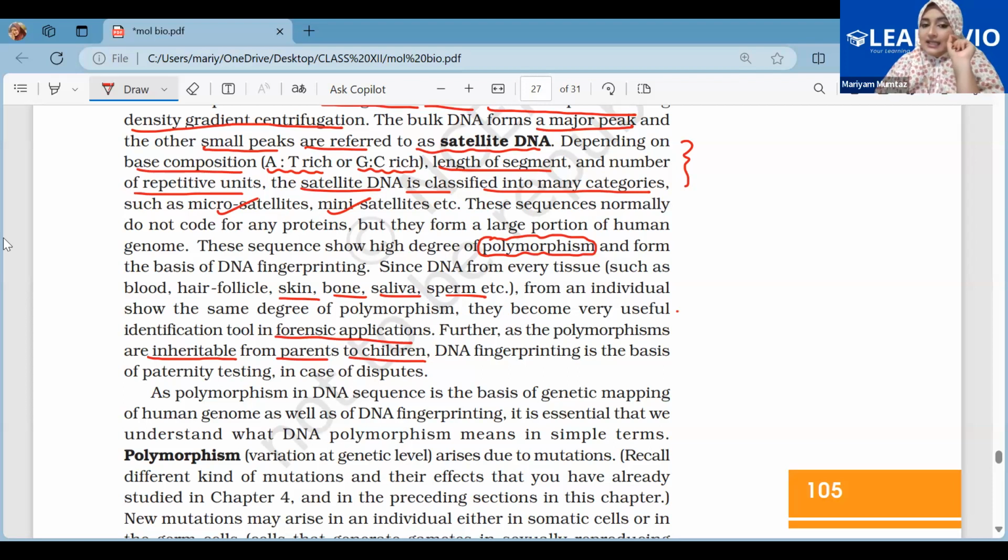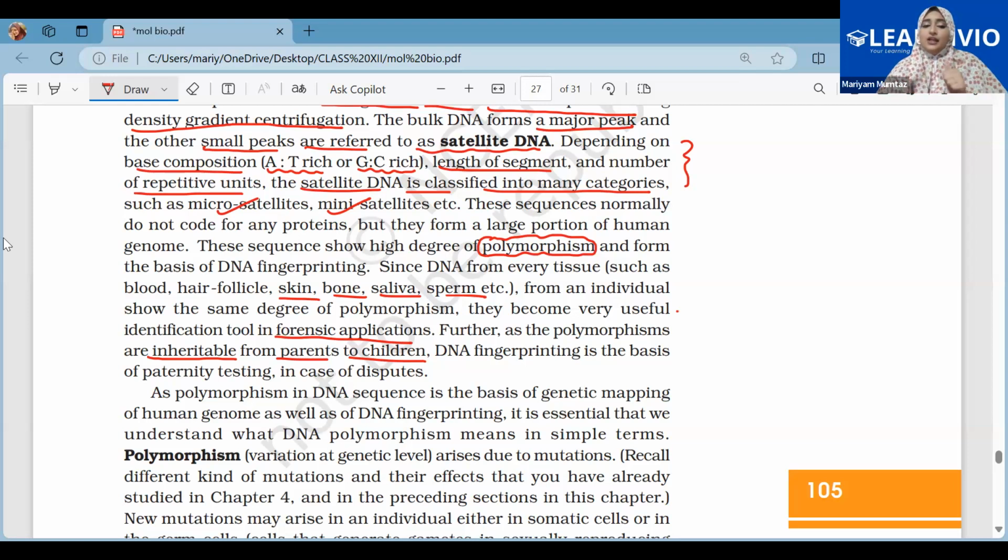So this polymorphism is inherited, meaning if the father has the repetitive DNA, now the child will have it. If the child has the same repetitive DNA as the father, then that means he is his son or she is his daughter. This is the basis of paternity testing. First of all, the DNA that is of prime importance in DNA fingerprinting